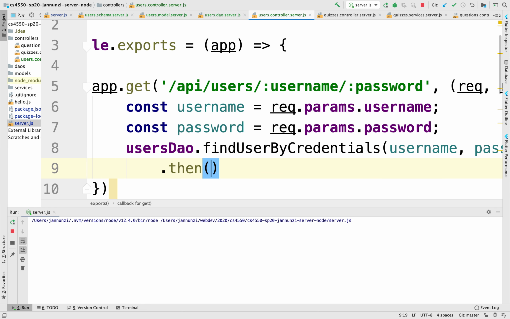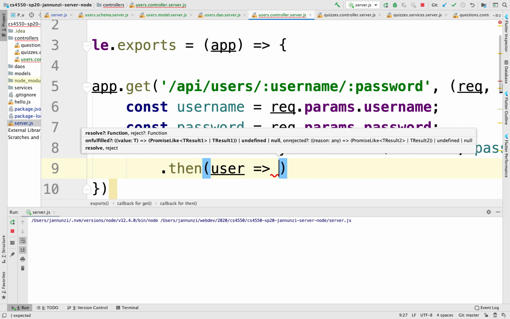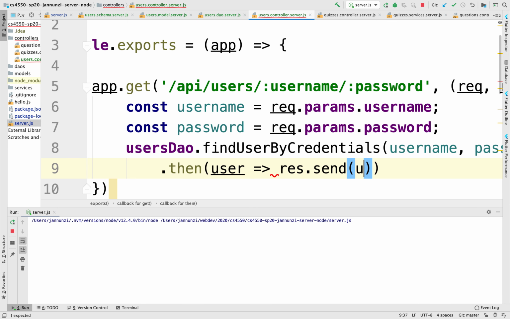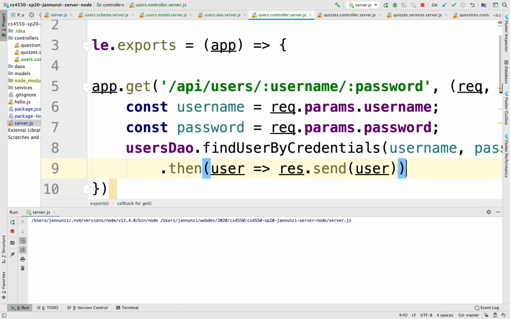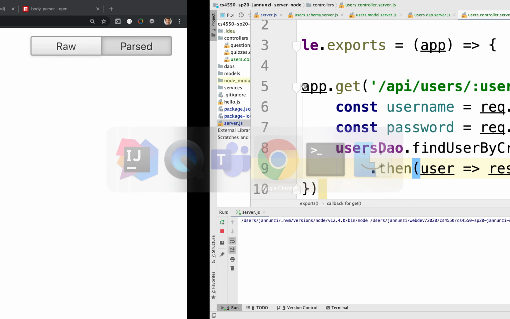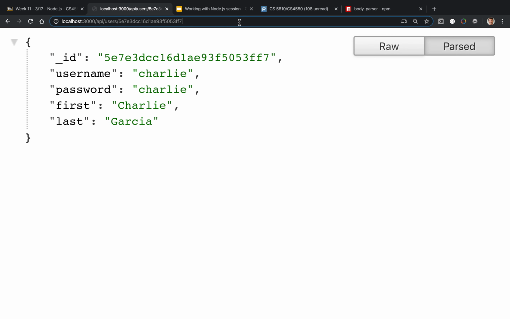Then it is going to retrieve the actual user that matched, right, and we're just going to return it back to the client. So this will be response.send back the user. Okay. All right, so let's try it out. Let's run this server, and let's get back to our trusty